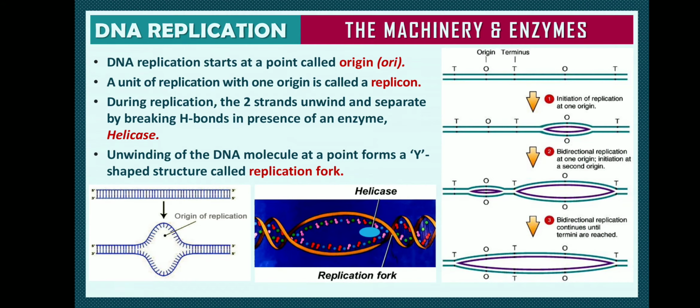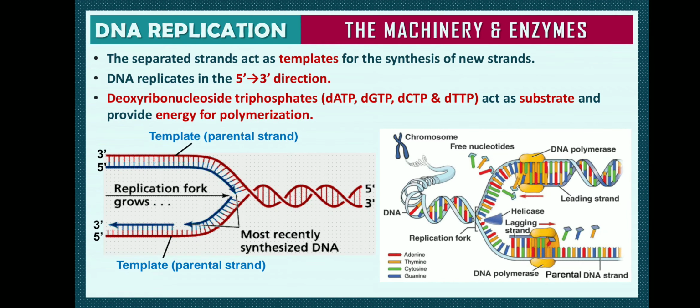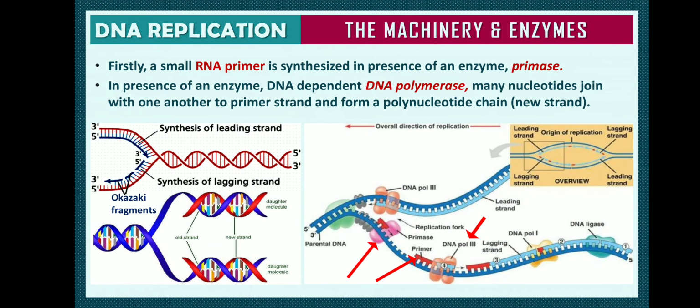You're getting my point? DNA cannot be added at any point. So it requires a 3 prime end. To that, the 5 prime end of the next nucleotide will come and its 3 prime end will be available. Again the next nucleotide will come and join, and its 3 prime end will be available. In such a way the DNA replication will occur, students. So for DNA replication, first the 3 prime end is required. That 3 prime end is provided by a primer, that is the RNA primer, which is synthesized by